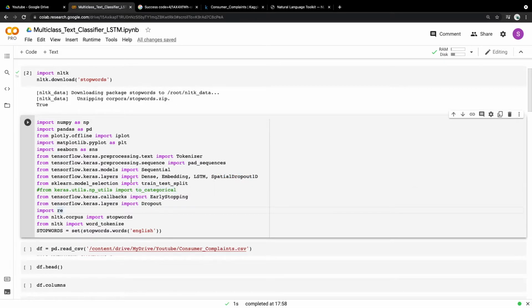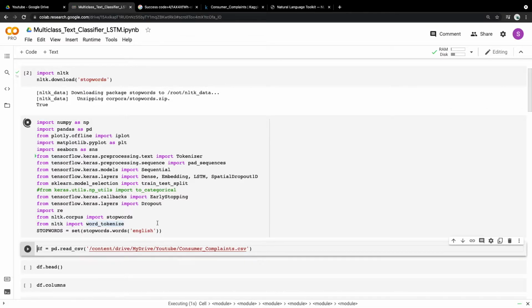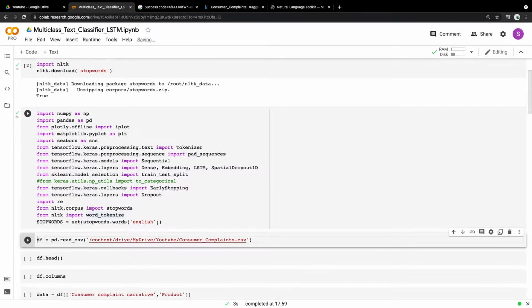Besides that, from model selection we have train_test_split for splitting the data into training and testing parts. From Keras callbacks, we are importing EarlyStopping. And from the layers, again, we are importing the Dropout layer so that certain neurons get closed and we get more accuracy on our neural network. And also, we are importing the stopwords which we downloaded here. So let's just run these basic dependencies which we will be requiring for processing the entire classifier.